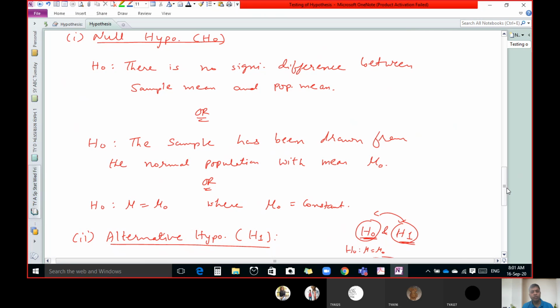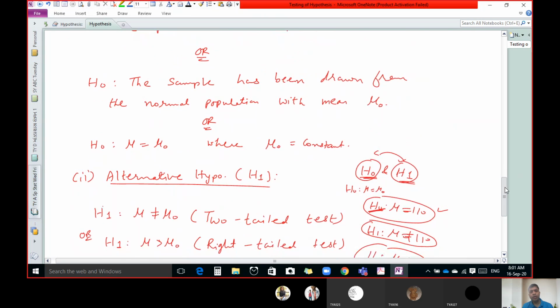In the null hypothesis, we always have to write like this: there is no significant difference between sample mean and population mean. Or you can write like this: the sample has been drawn from the normal population with mean mu 0. Or H naught: mu equal to mu 0. Now